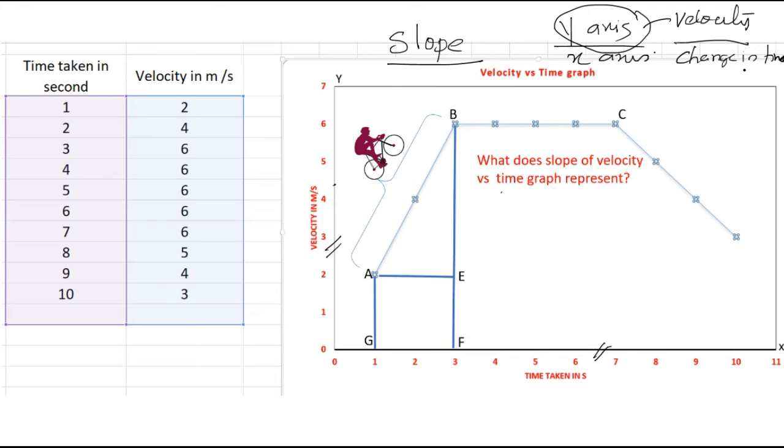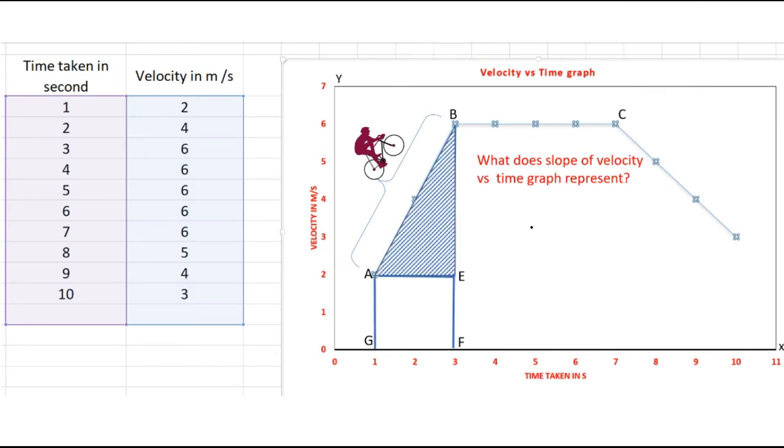So what is velocity by time then? Just now we have studied velocity by time is acceleration, right? So remember that velocity by time is acceleration. Now tell me, what does slope of this graph, velocity time graph, represents? Acceleration, right? So if this is a triangle which you have drawn, acceleration is just y by x, and now